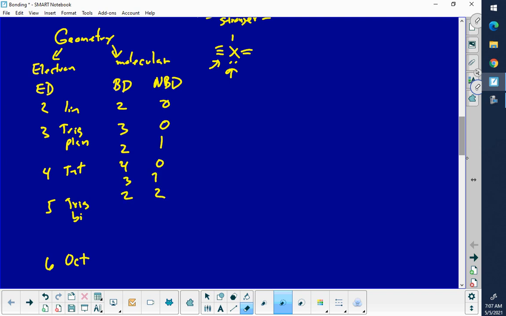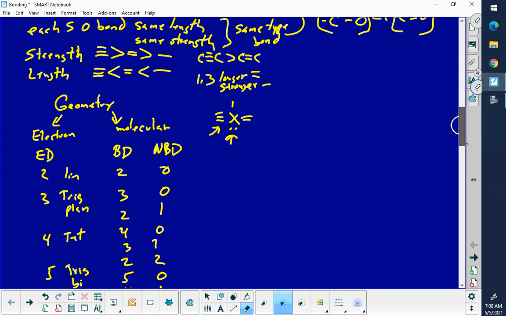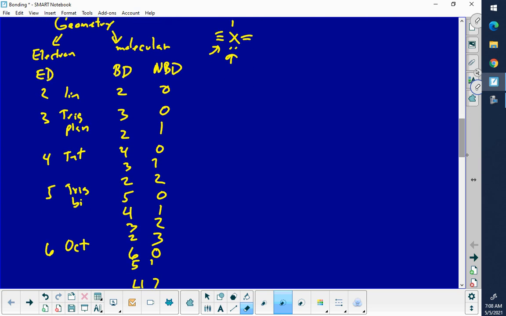If I have 5 electron domains, I can have 5, 0, 4, 1, 3, 2, and 2, 3. And if I have 6, then I have 6, 0, 5, 1, and 4, 2. Right, y'all? Make sure you know the shapes, the molecular shapes. This is linear. This would be what? Trigonal planar. This would be bent. 4, 0, tetrahedral. 3, 1, trigonal pyramidal, right? 2, 2, bent. 5, 0, trigonal